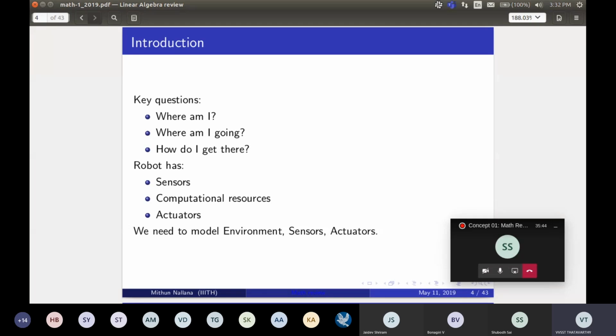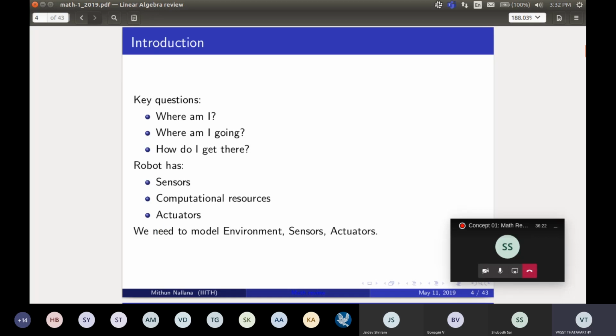Sometimes, say you are doing a quadrotor related thing, you have to stream the data from the quadrotor to a base station, and there you process it using additional computational resources. After processing the data, you want to take the action and give the input to the actuator so that the robot will move in that particular way. In the case of a quadrotor, it will be motors, or in the case of a differential drive robot, it will also be motors, but you navigate on land and that kind of thing.